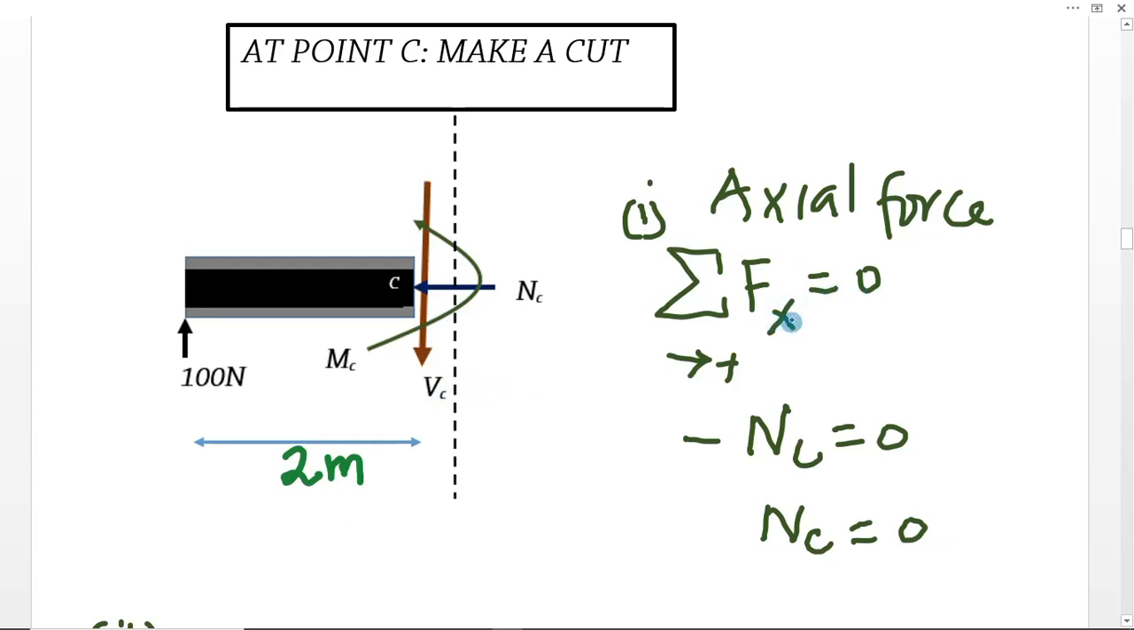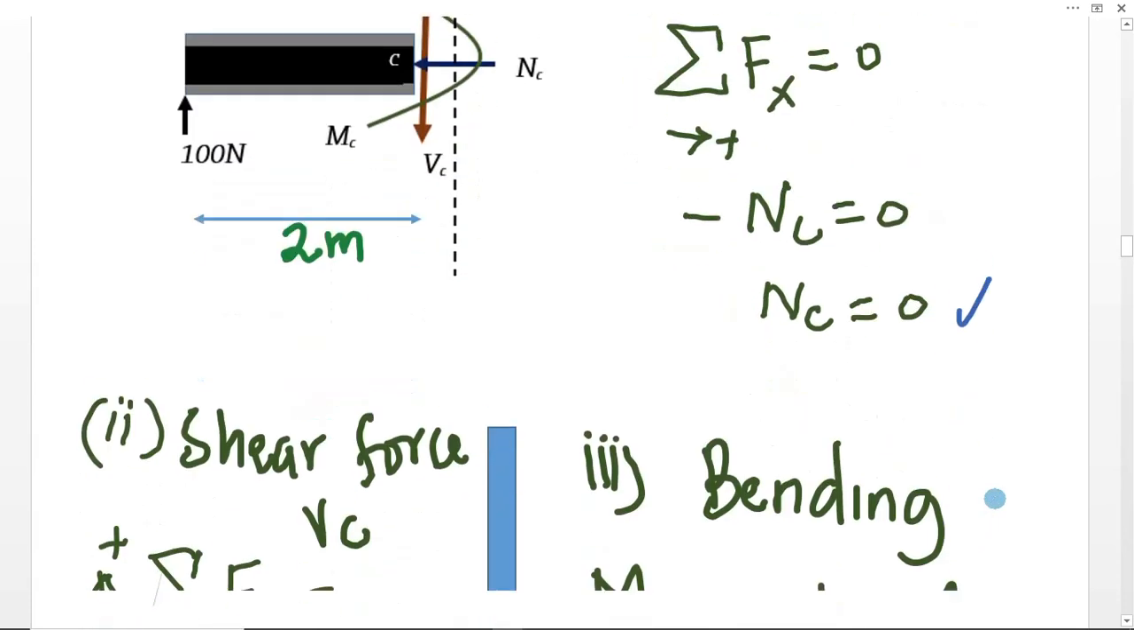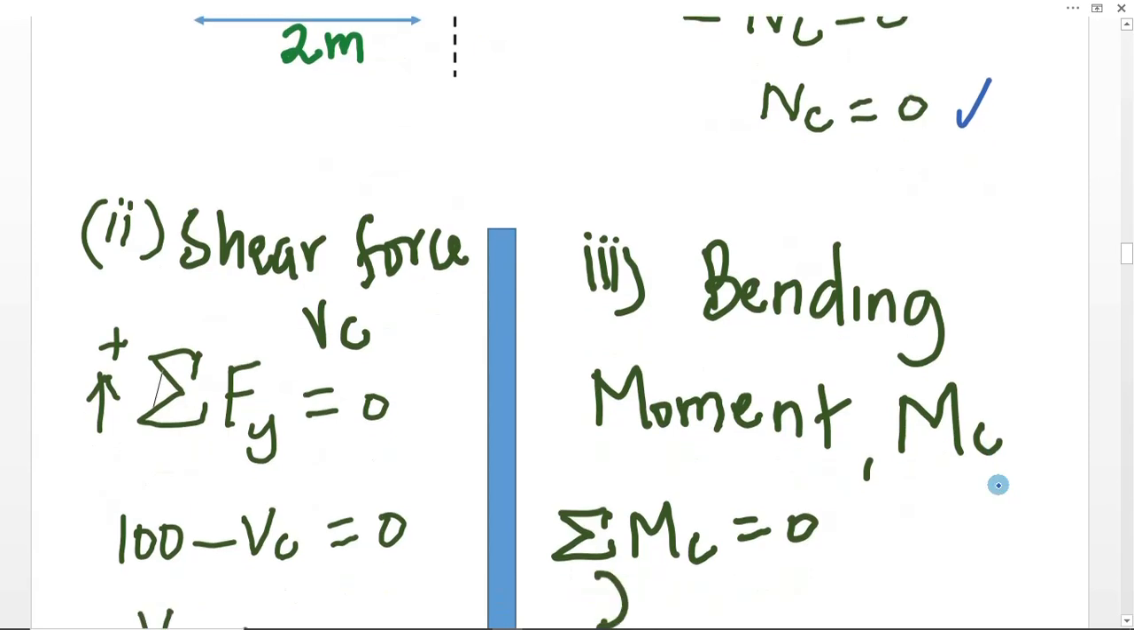then we can also use equilibrium conditions to calculate the axial force. Then since it is in a horizontal direction, the sum of forces in the horizontal direction should give us 0. So since the only force acting is NC, negative NC, since it is pointing in the negative x direction, negative NC is equal to 0 and NC is equal to 0. Now let us calculate for the shear force